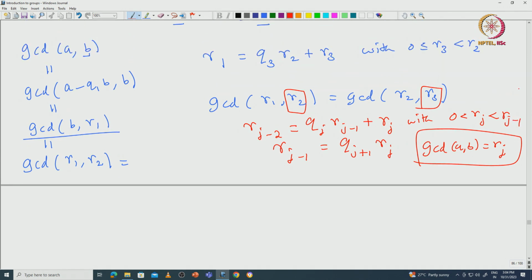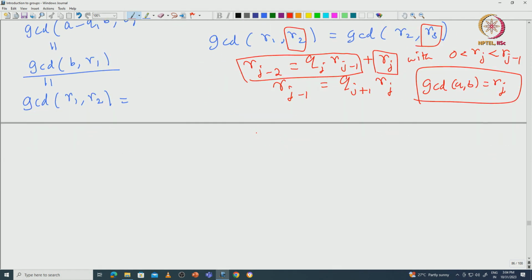So now you can see that if you are interested in computing R j, it is nothing but R j minus 2 minus Q j R j minus 1. So, using this, replacing R j by R j minus 2 minus Q j R j minus 1